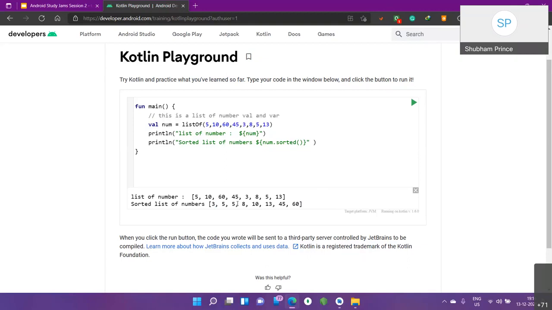Okay. Now what we can do is from this list we can create sets. Now what really is a set? So in mathematics we already know what a set is. It is a type of collection where the group of elements are related. Okay, the items are related, but the difference is, unlike a list, a set will contain no duplicate values. Like in a list we have 5 and 5.